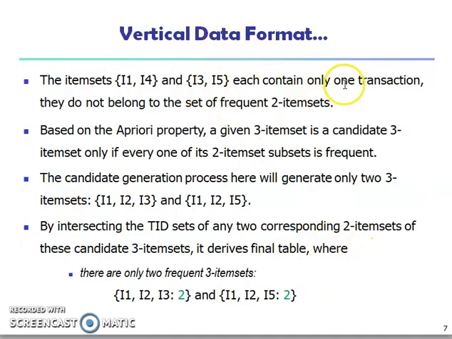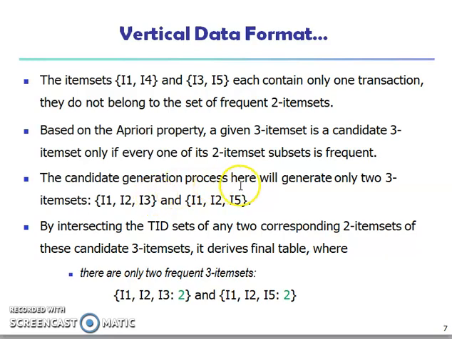Now what we have done is given here in a descriptive manner. Item sets I1, I4 and I3, I5 each contain only one transaction. They do not belong to the set of frequent 2 item sets. Based on the Apriori property, a given 3 item set is a candidate 3 item set only if every one of its 2 item set subsets is frequent.